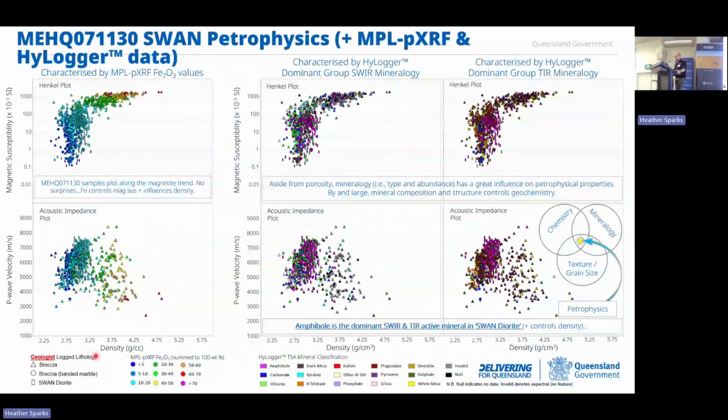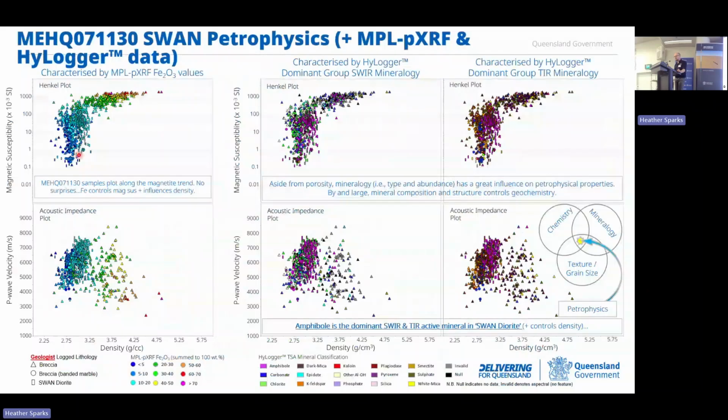All right, some individual data from a single system. We've chosen Swan here. We have about 1,138 density and mag sus measurements all plotted up on our Henkel plot to the left there. And they're coloured using the iron oxide content, which we obtained from our portable XRF on the MSCL. Unsurprisingly, we see that iron is what dominates the high mag sus values, as well as influencing that